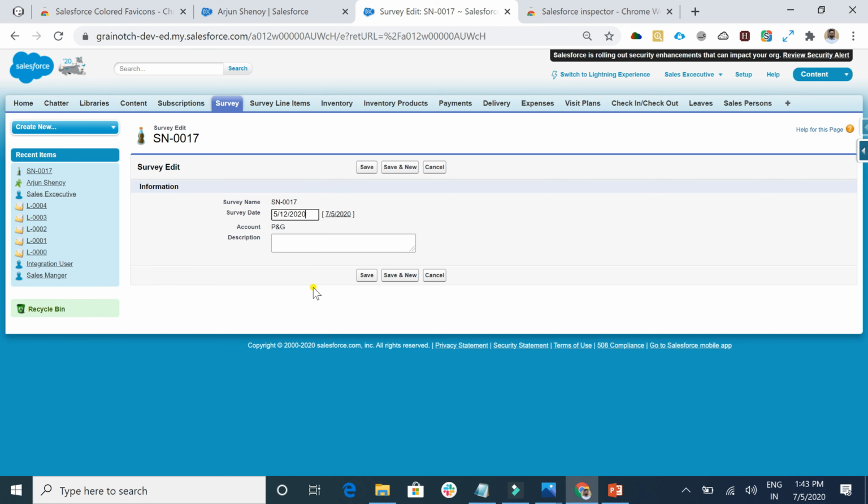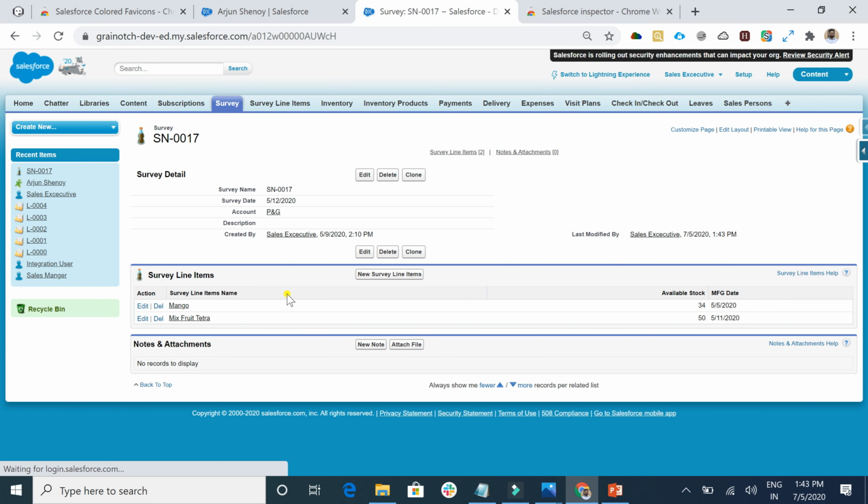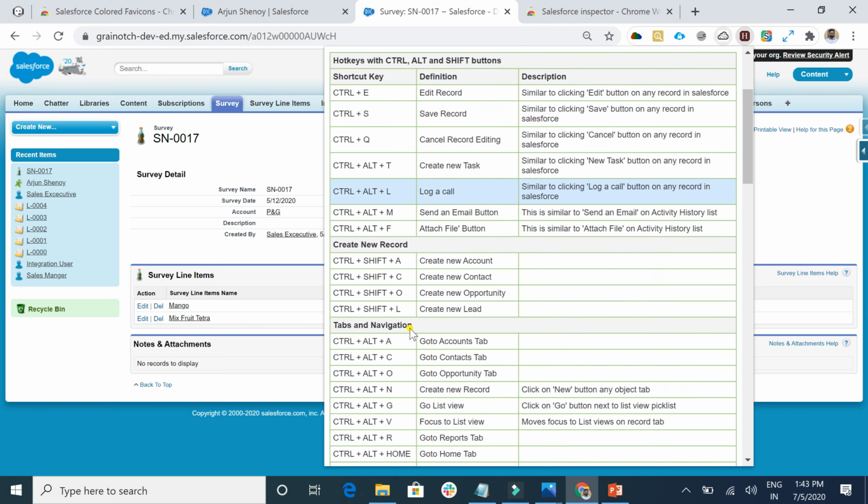I can save with Control S there. If I want to cancel this, then Control Q is there. So if I want to create any new account record, let's say I'll be opening all these shortcuts there. Any new account record I have to open. So what I can do is that